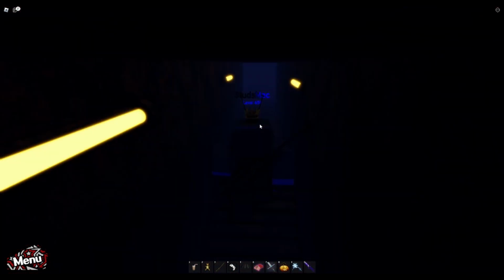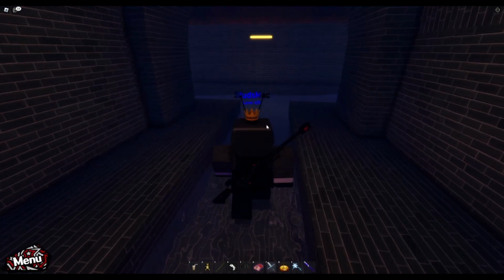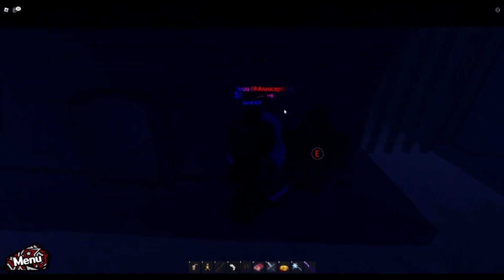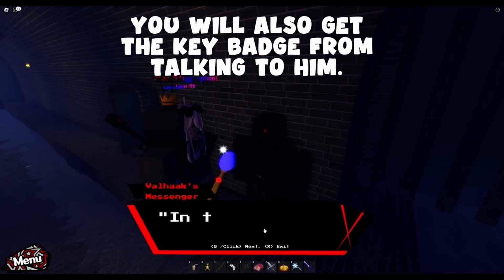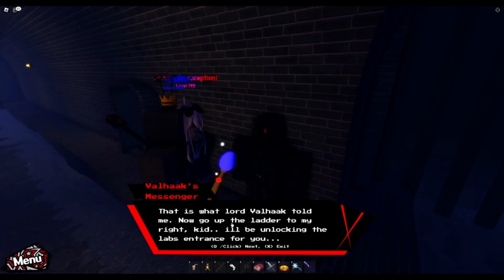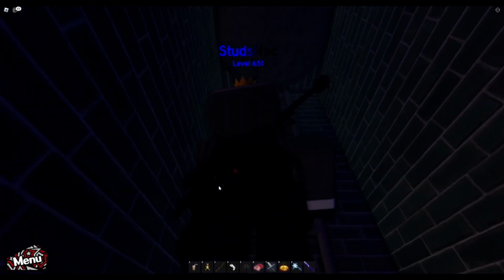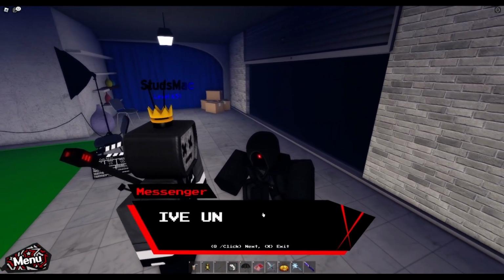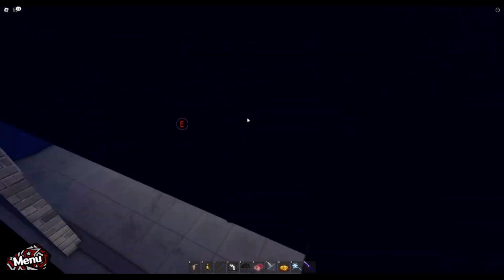And once you're at the top of the ladder, you're gonna walk through here, take a right, and then once you're over here, you can talk to this guy. Basically what he's saying is he's a messenger for Voyage, and then you just basically go into this doorway right here, and the ladder's a bit weird, but you climb up, and you'll be teleported into the main entrance of the... no, never mind. You'll be with this guy, basically saying, go into the garage right here. So we can go into the garage,